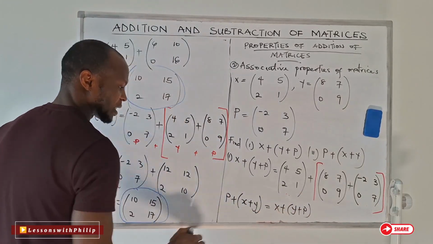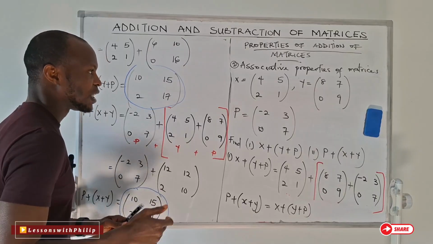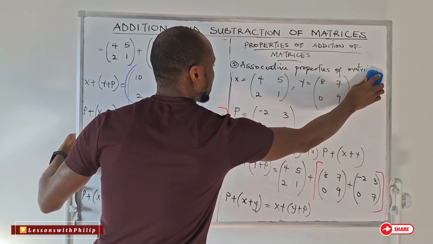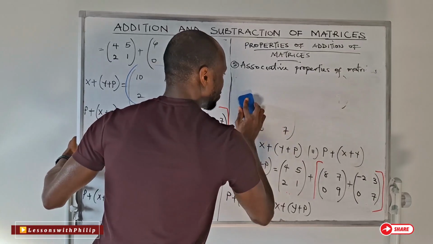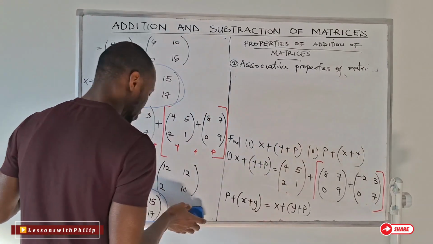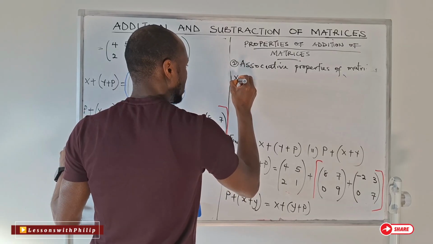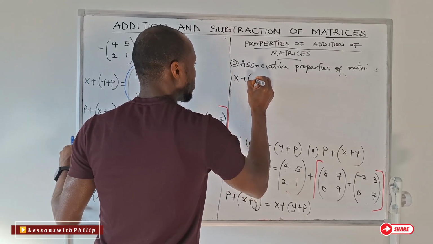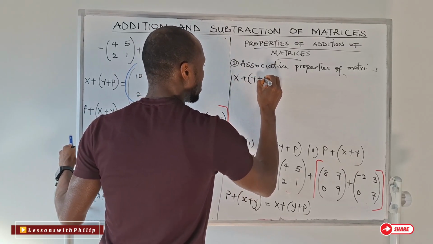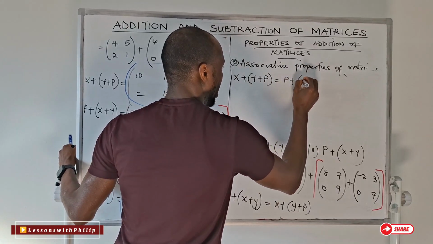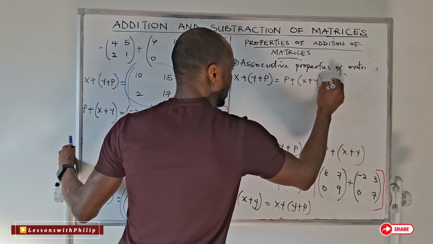And this property, if these two are the same, please allow me to clean this. This property is known as, since my X plus my Y plus P is equivalent to my P plus my X plus Y,